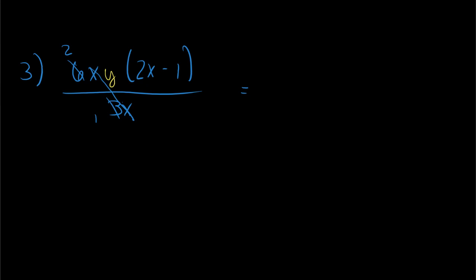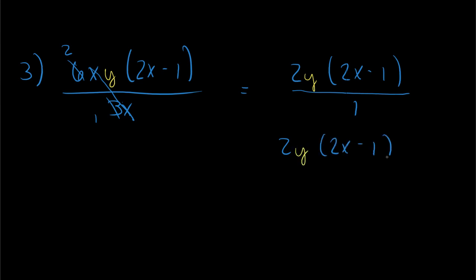All right, so what do we have left? Well, on the top we have a 2y times 2x minus 1 all over, what's left on the bottom? Well, 1. And since it's 1, there's really no need to write this as a fraction anymore. We can just say 2y times 2x minus 1. Okay, and now depending on what you're doing with this, you may or may not want to do this next step, because some people would say this is the simplest form of this, but